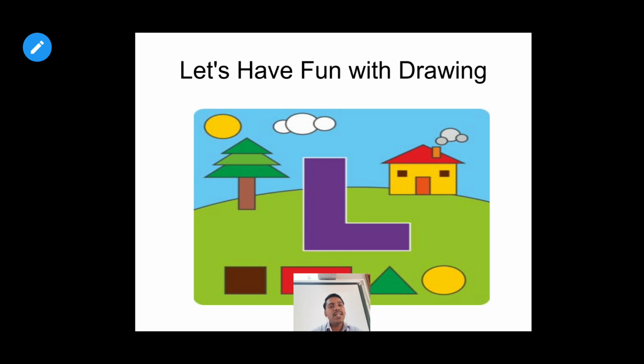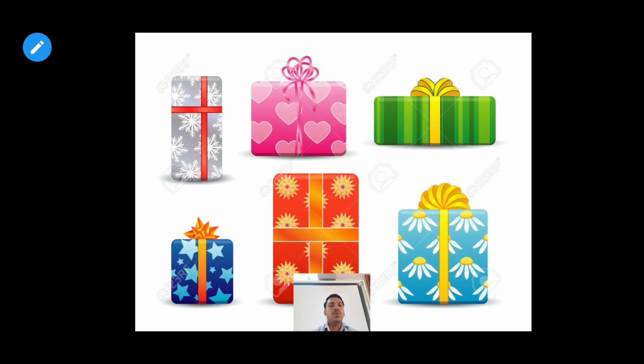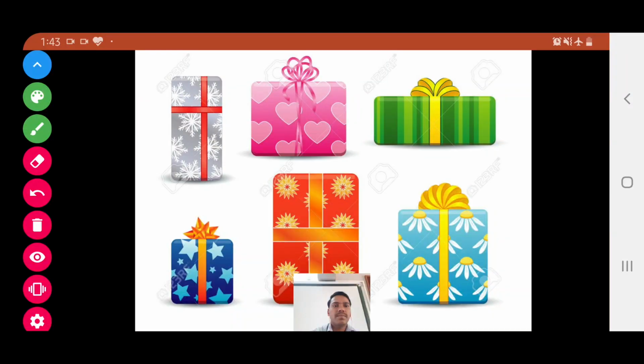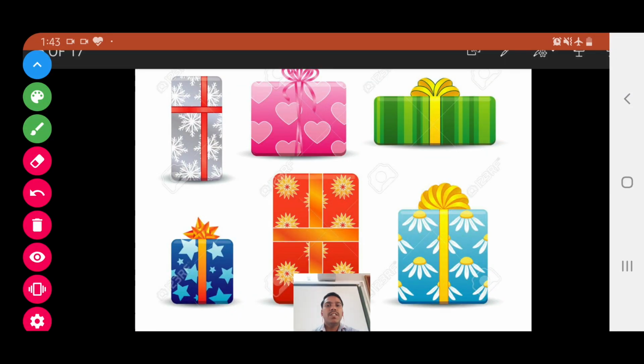But if we change the angle, we change the direction, we can see a different view of that particular picture. For example, suppose here are a few gift boxes, correct? Now the first picture which we see, can you see the first picture?